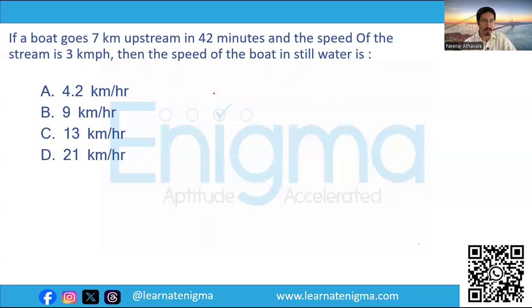If a boat goes 7 kilometers upstream in 42 minutes and the speed of the stream is 3 kilometers per hour, then the speed of the boat in still water is. Now,